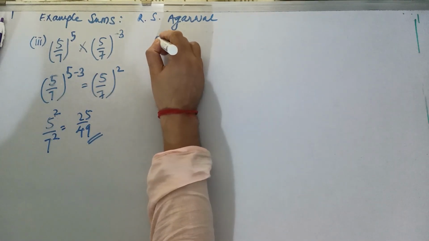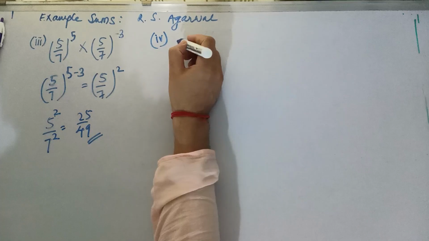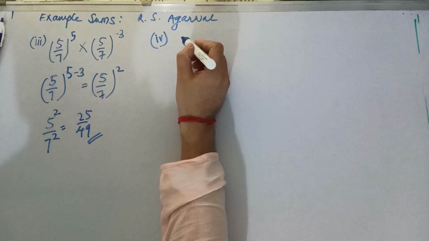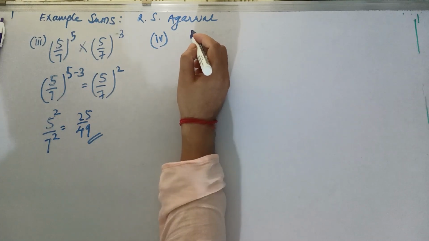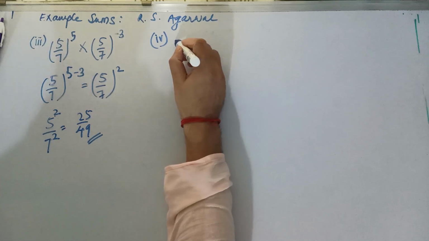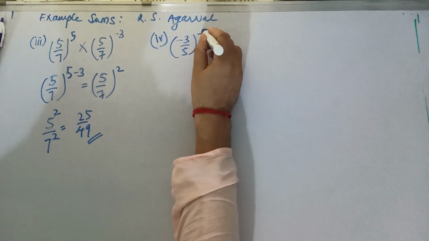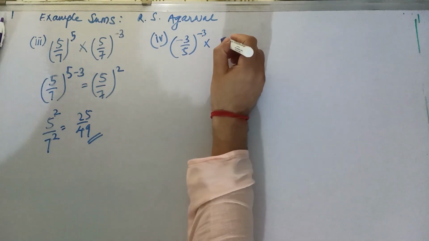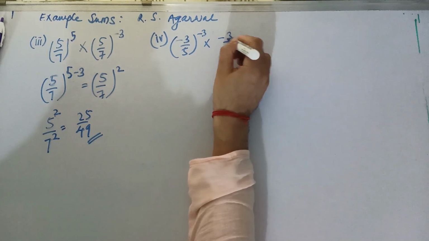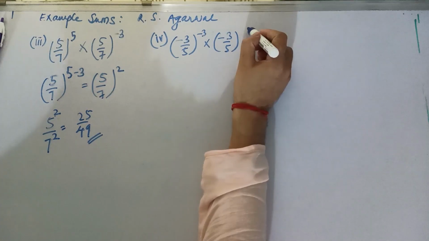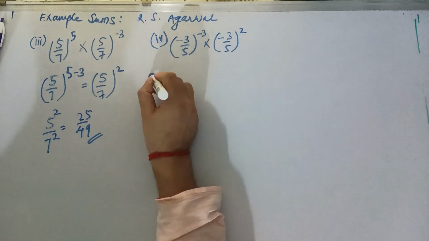Let's take the sum. Fourth sum is (-3/5)^-3 into (-3/5)^2. So this will give me